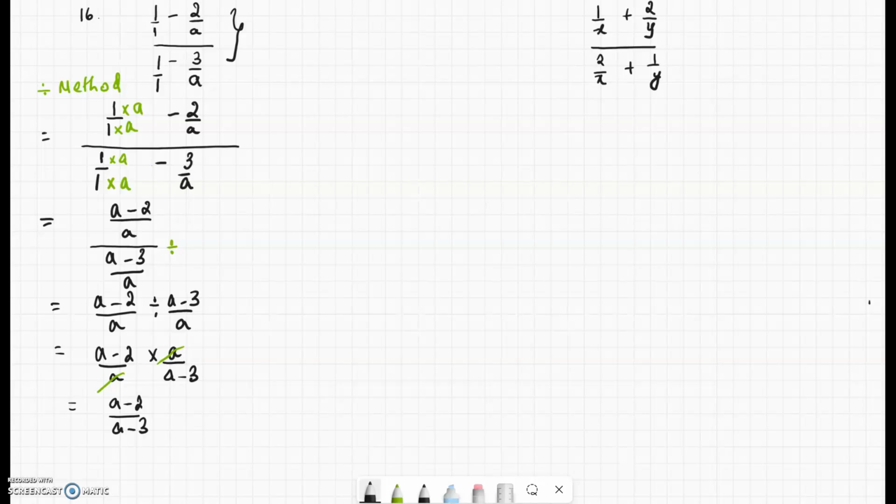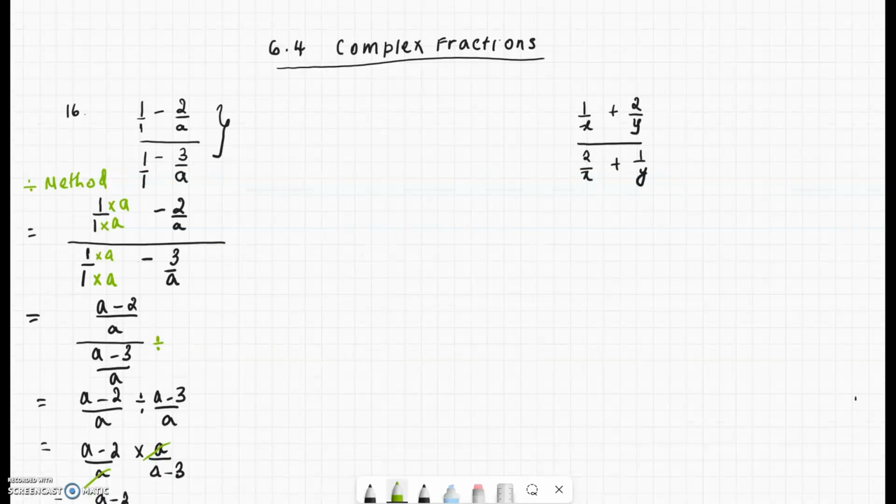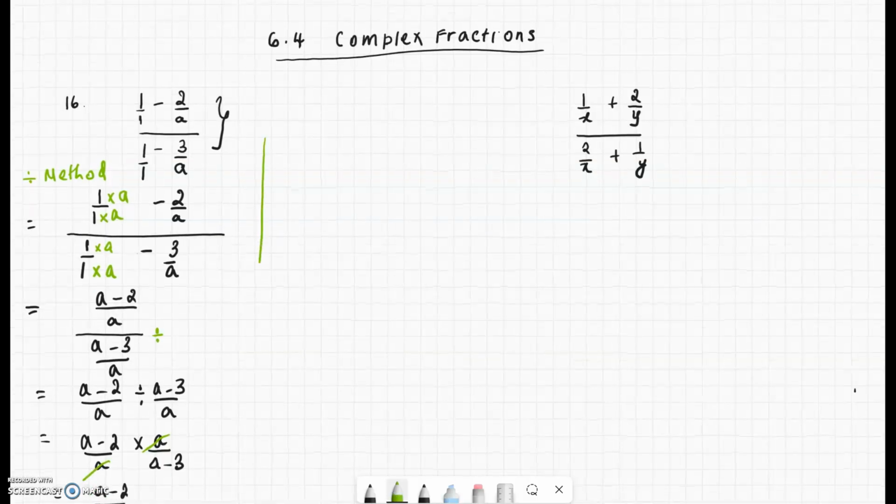Now we're going to use a different method now. We're going to use the second method where, let me just do it here. We're going to multiply the numerator and denominator by the LCM of all the denominators. Look at all the denominators. Here we have an a, we have an a. So what we're going to do is